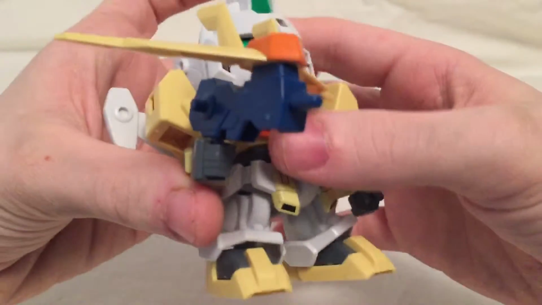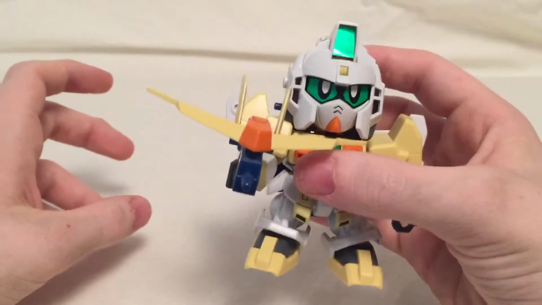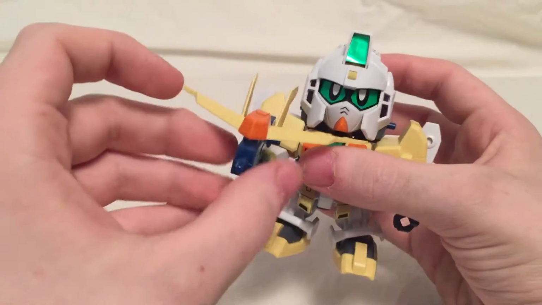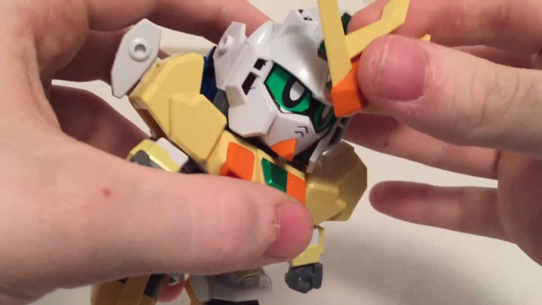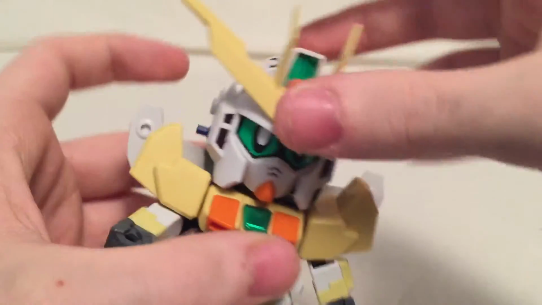There you have the Beam Crossbow. Looks very cool, but then she kind of looks like one of those bald old teachers that you see at school. So yeah, but this is a very cool looking gun though. So taking that off and then setting that to the side, putting her V-fin back on once again, and